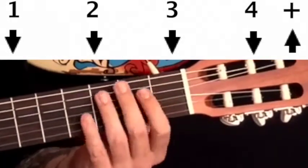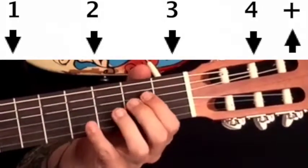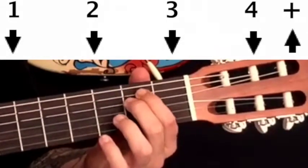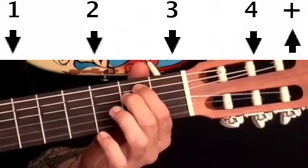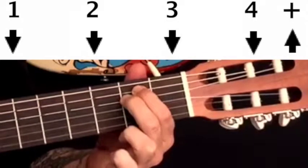You want to move your hand when you're playing the guitar as little as possible, as little as needed, so that you can play economically. So we're going to count that over again, and then we're going to strum it. Starting with your E. 1, 2, 3, 4,